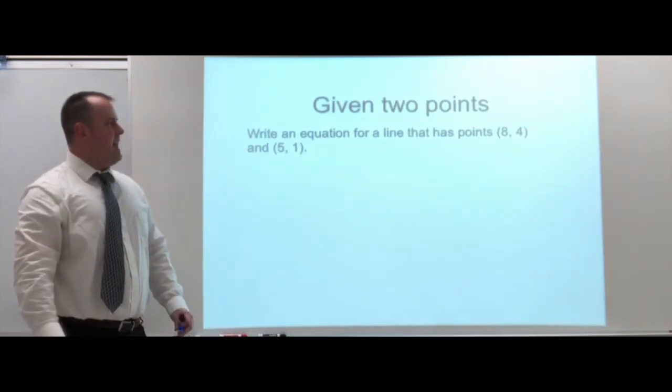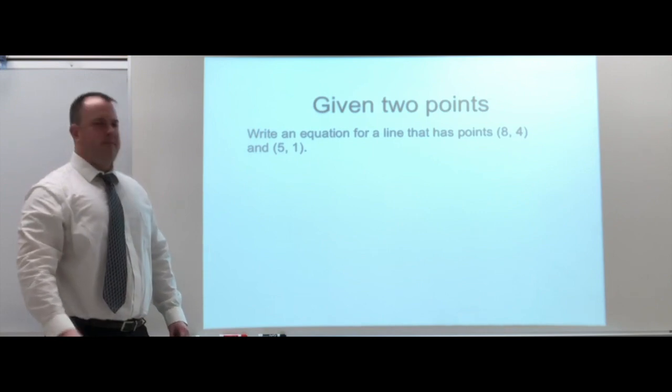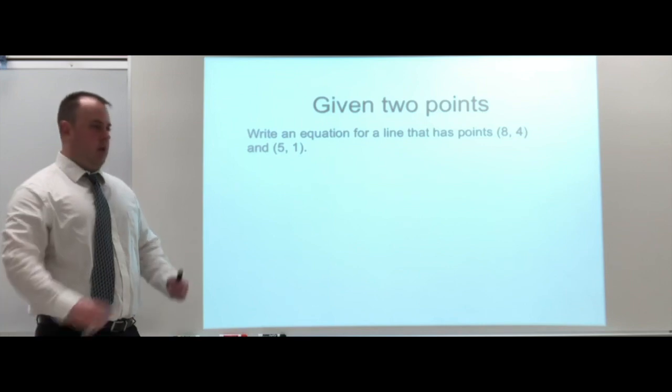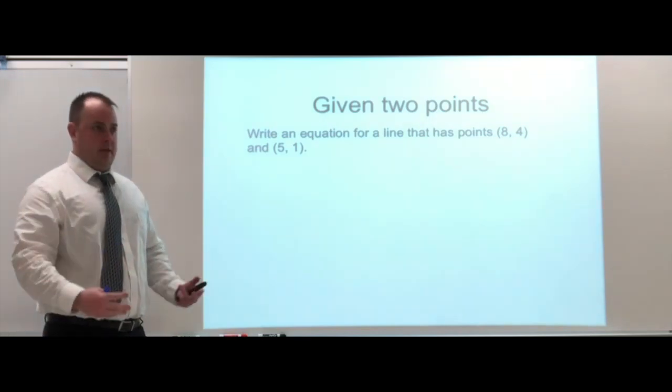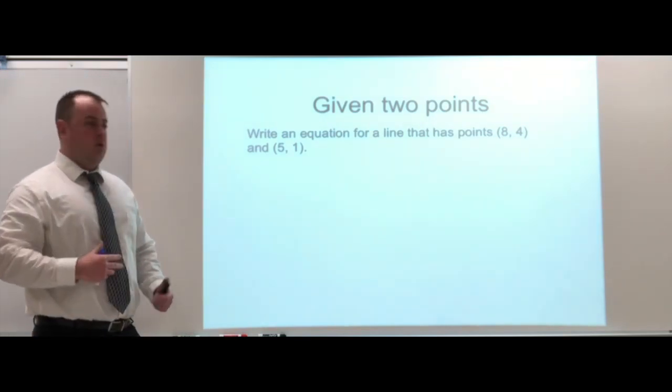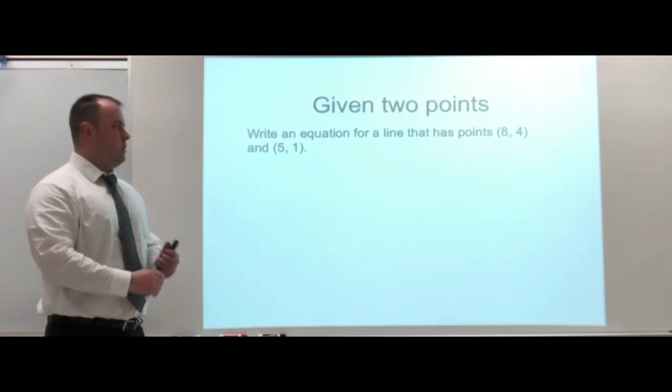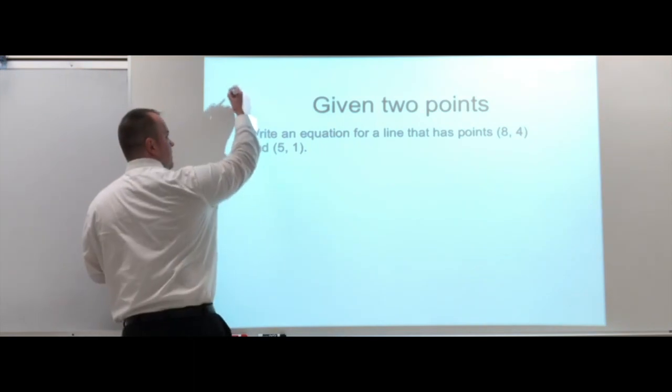Write an equation for a line that has points (8, 4) and (5, 1). Okay, so now we're given 2 points. So we don't have our m, we don't have our b. We don't have either of those. So what I'm going to do is, taking 2 points, we should be able to find slope. Taking 2 points, we can use